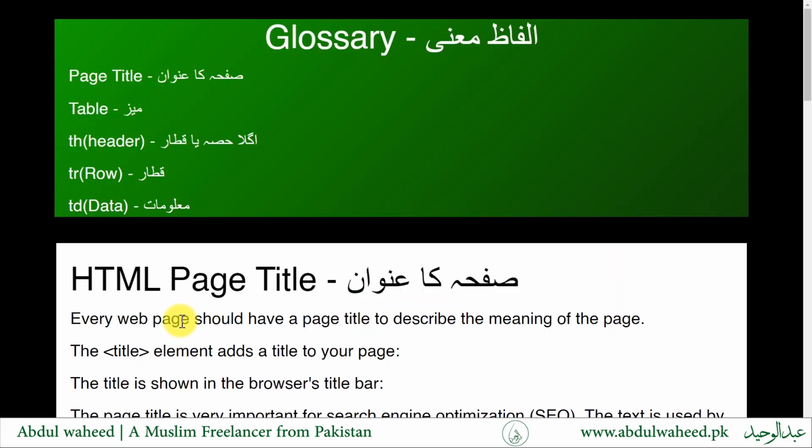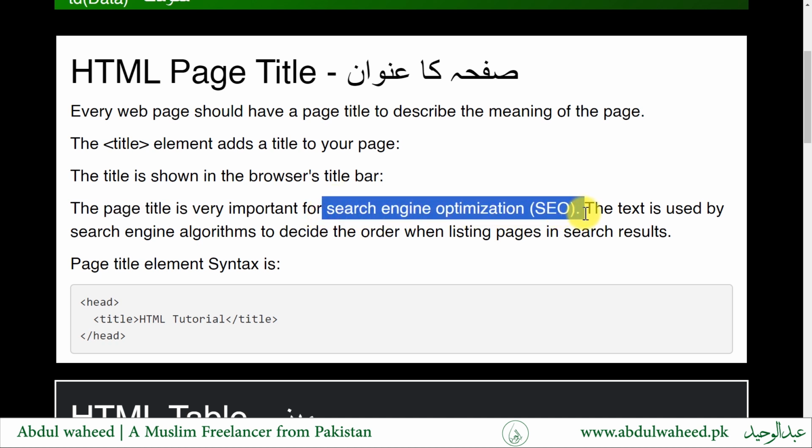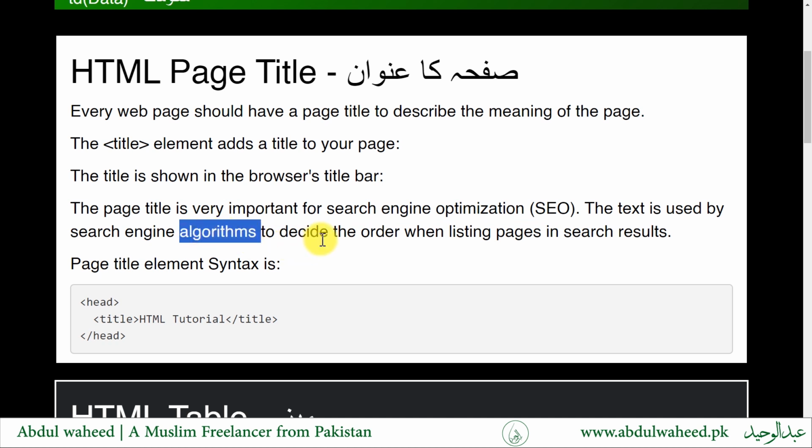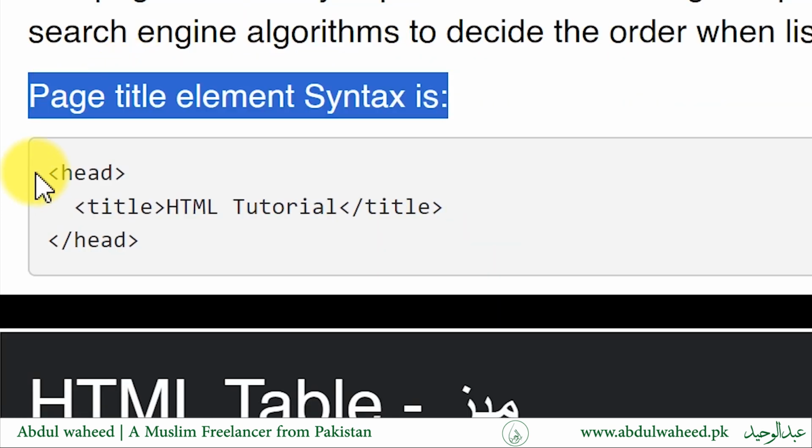HTML page title. Every web page should have a page title to describe the meaning of the page. The title element adds a title to your page. The title is shown in the browser's title bar. The page title is very important for search engine optimization. The text is used by search engine algorithms to decide the order when listing pages in search results. Page title element syntax is